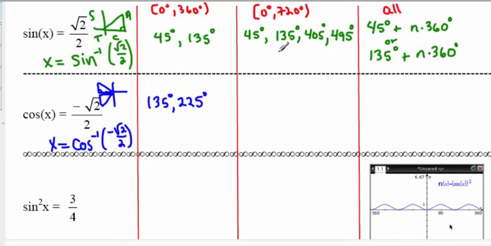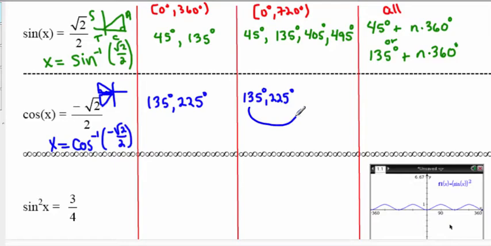Now, we're in sort of the same situation that we were up here. From 135, I have to go full circle to come back to quadrant 2 again, while from 225, I have to go full circle to come back to quadrant 3. I can't go from quadrant 2 to quadrant 3 by one rule and then try to come up with some other strange rule to get back to this quadrant. So I'm going to list 135, 225,